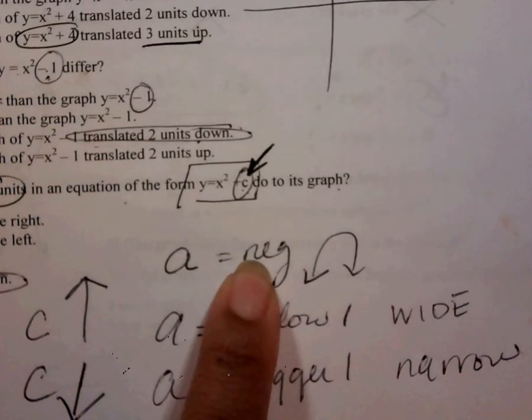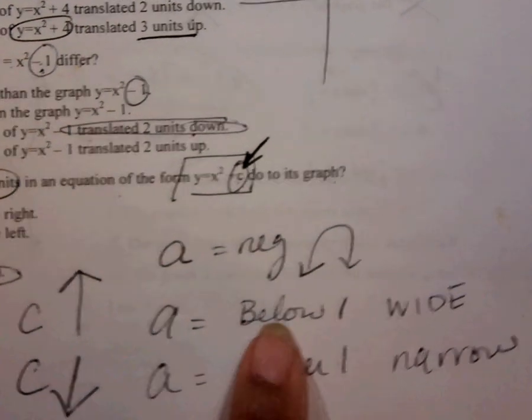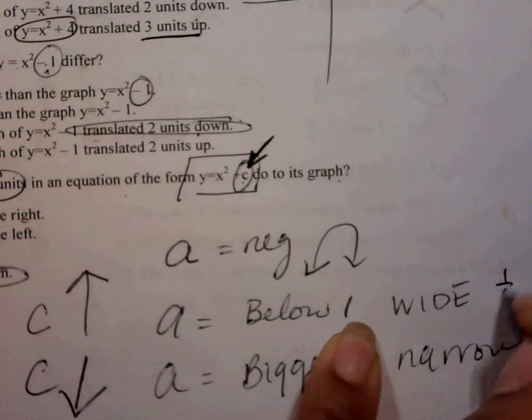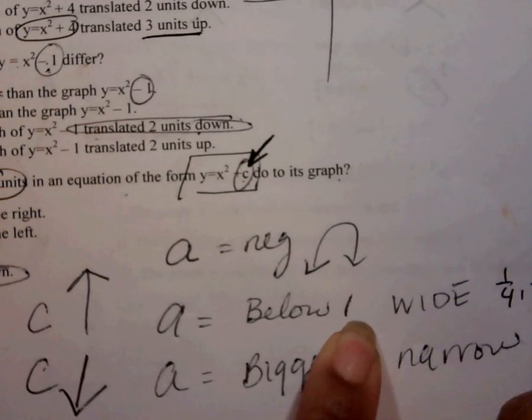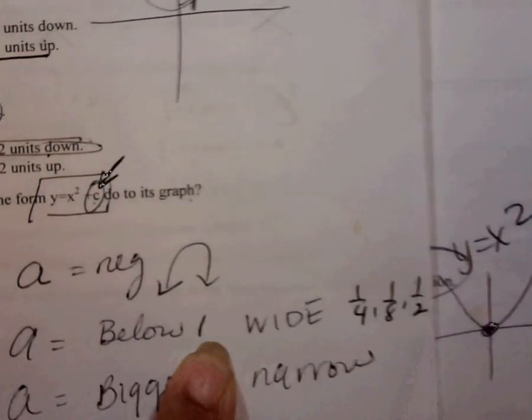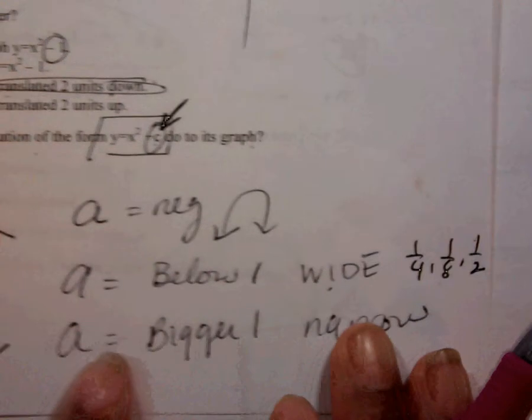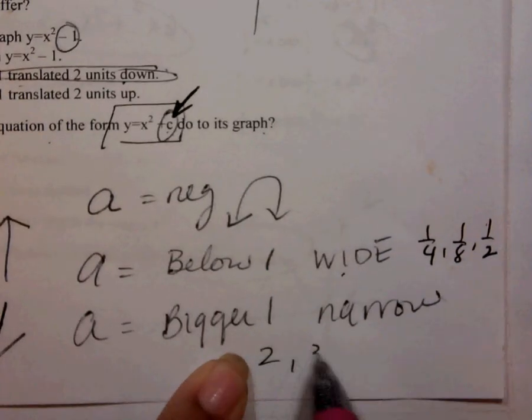When A is negative, the graph is going to point down. When A is below 1, that means 1/4, 1/8, 1/2, those numbers are small, which means my graph would be wide, the opposite. When A is bigger than 1, 2, 3, 4,